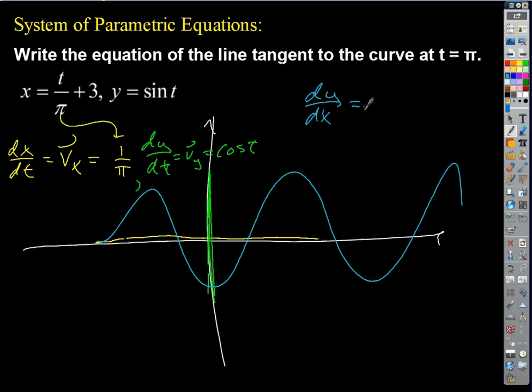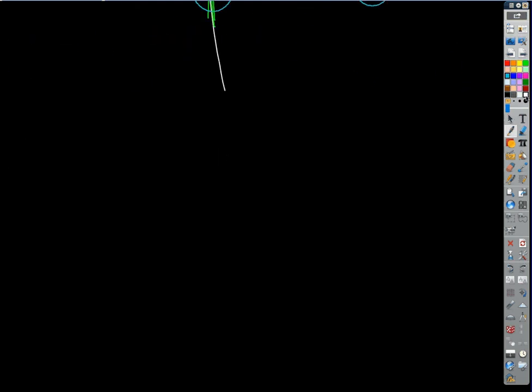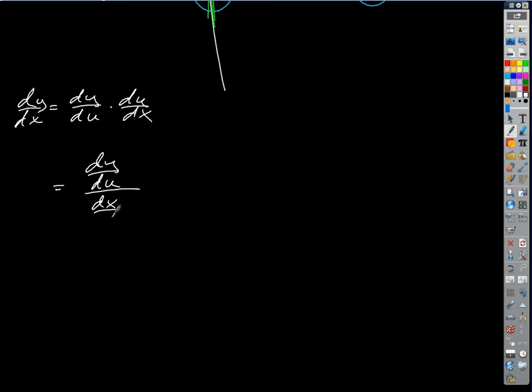This is the version of the chain rule we almost never use. But let's review real quick. I've got u's and y's and x's, right? I can say something like this, dy dx equals dy du times du dx, right? Okay, another way of saying that, by the way, I could write that as a quotient, dy du divided by dx du, right? Okay, well, in this case, it's not a u, it's a t,